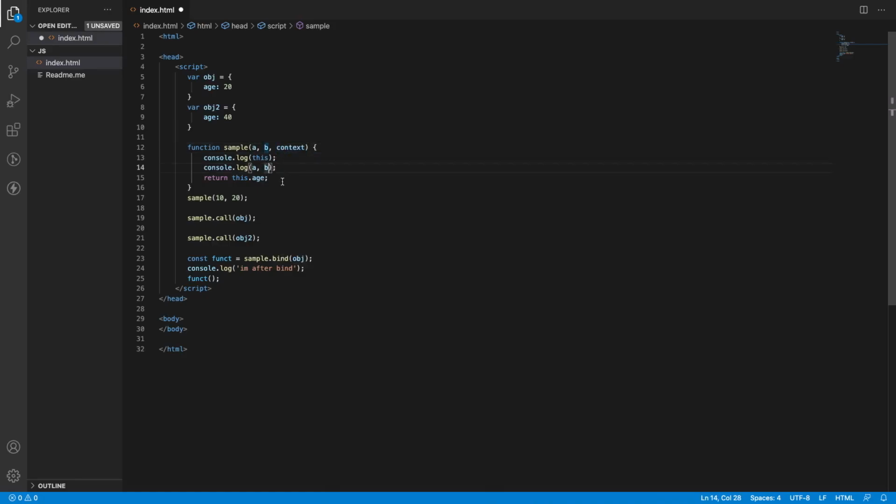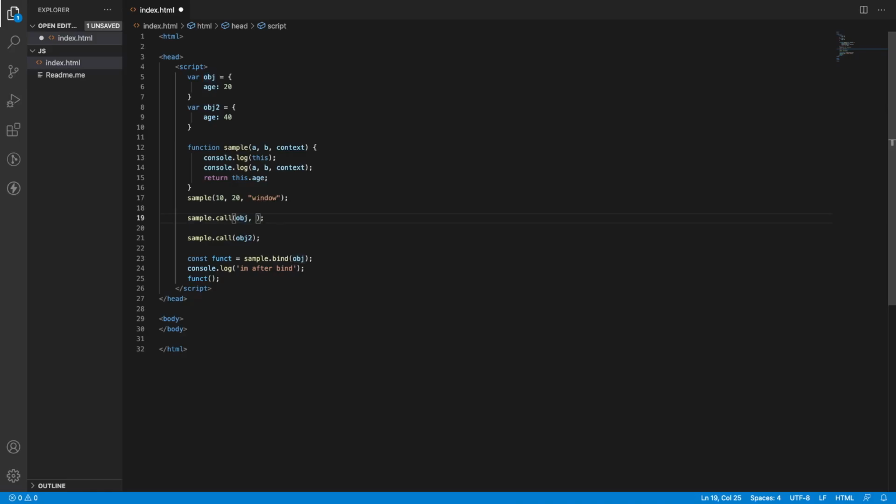The third parameter is to understand from which context the sample function has been called. So let me give window, and here I am calling with the call method.